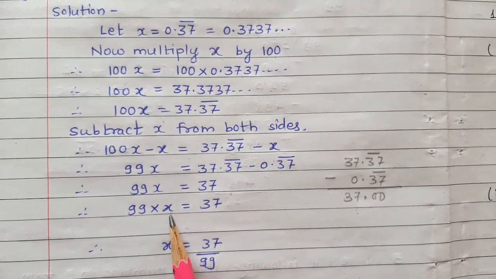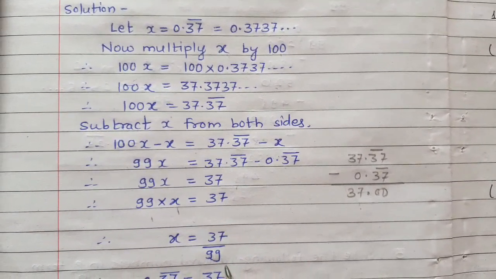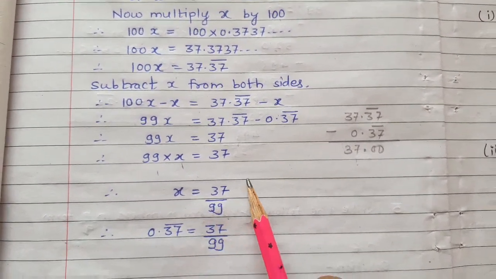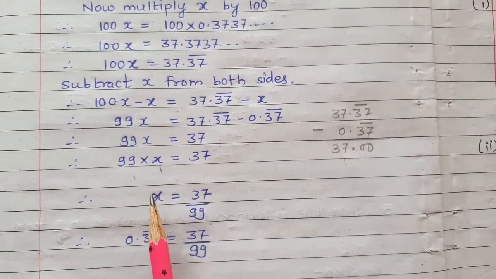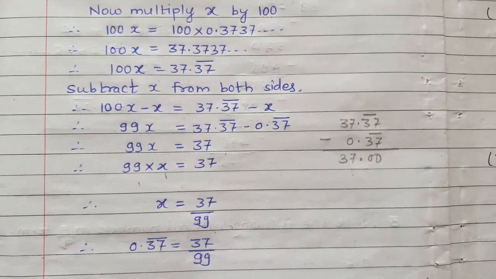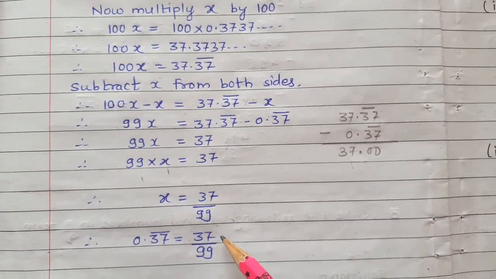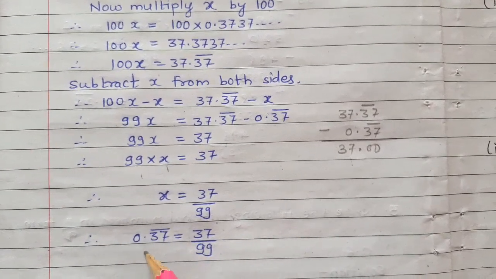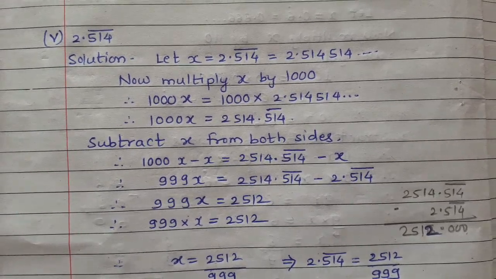99 is multiplying x on the left hand side, so it goes to the denominator when it goes to the right hand side. We have x is equal to 37 upon 99, and the value of 0.37 bar over 37 is equal to 37 upon 99. It is the required p upon q form of the given decimal form. Now subquestion fifth,